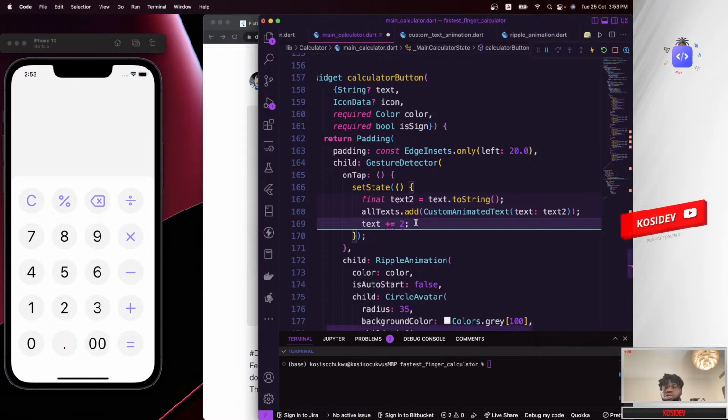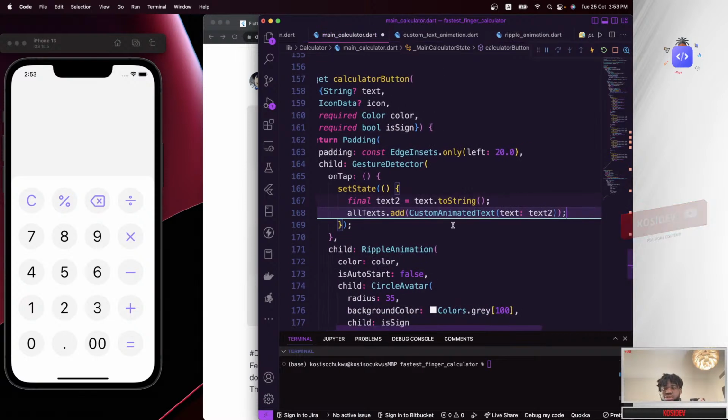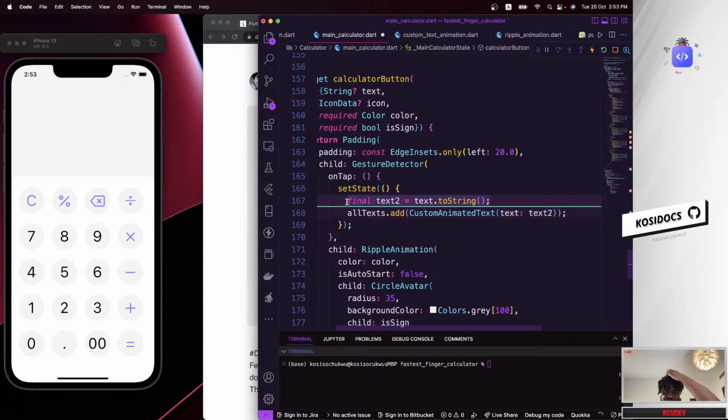Okay, for now we don't need the test to be 0. We don't need this test property because this itself is going to be a string, and I'm not going to convert anything to be a string for now. Basically what we're going to be doing right now